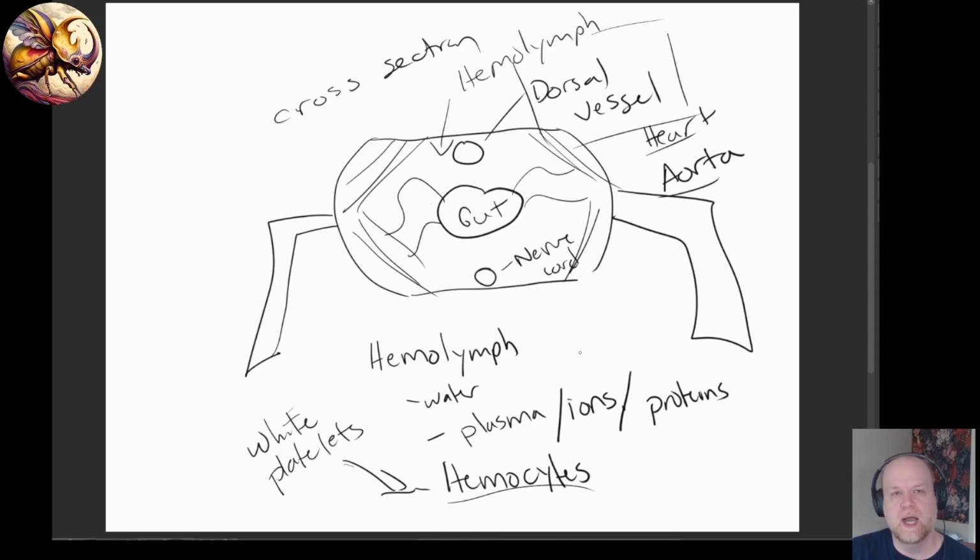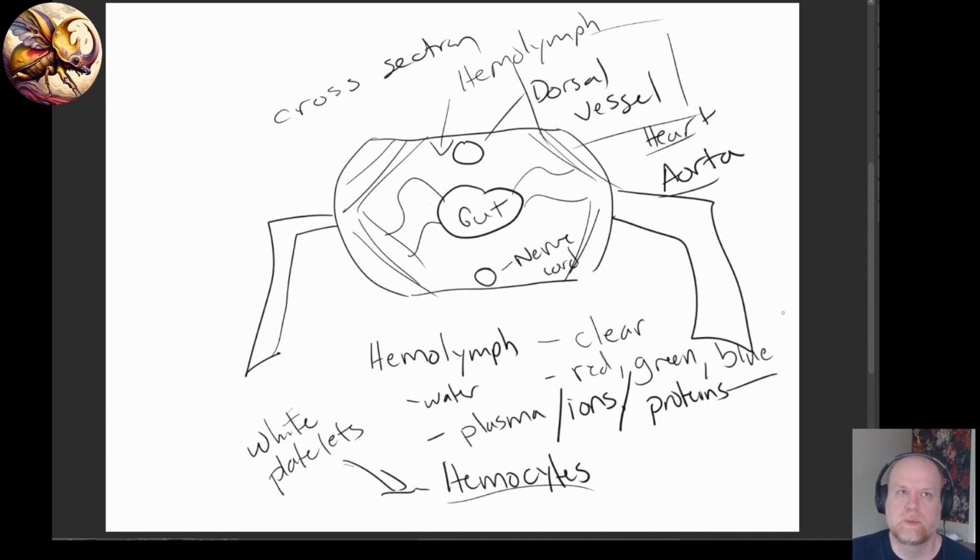Sometimes they use other ions like copper to transport oxygen. So generally in most insects, hemolymph is clear because it's just this plasma, ions, proteins, water, and these hemocytes, which are just white blood cells. Sometimes it's yellow, kind of goopy, and then with these insects that carry ions for oxygen exchange, like copper or iron ions, sometimes it's red, sometimes it's green, and sometimes it's blue. So for blue-blooded arthropods,